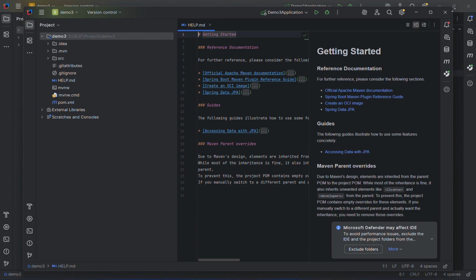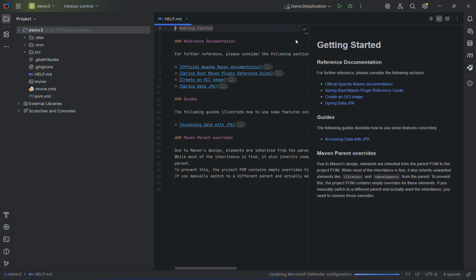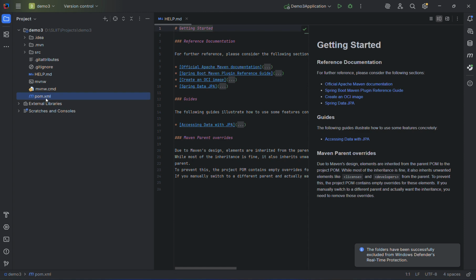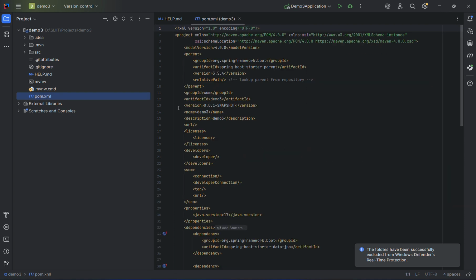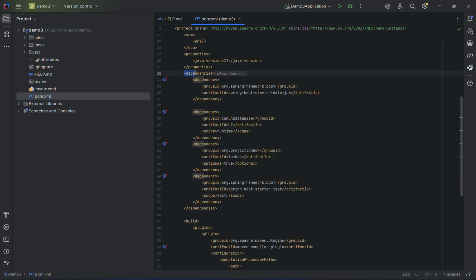Okay, so just click exclude folders. If you look here, there are things here: idea, Maven, Spring Boot, and so on. Let's talk about this XML file, the pom XML file. In the pom XML file, there is something called dependencies. These are the dependencies tag. If you want to add any dependencies, I mean the libraries needed to run the Maven Spring Boot project,